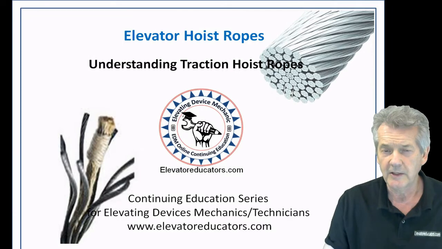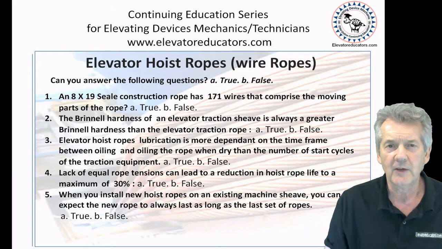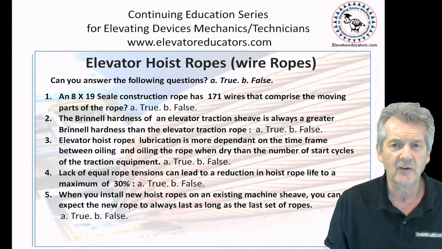Welcome to the continuing education series for elevating device mechanics, brought to you by elevatoreducators.com. In this tutorial series, we'll be discussing elevator hoist ropes. Can you answer the following questions, true or false? An 8x19 seal construction rope has 171 wires that comprise the moving parts of the rope, true or false? The Brinell hardness of an elevator traction sheave is always a greater Brinell hardness than the elevator traction rope, true